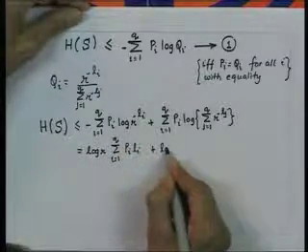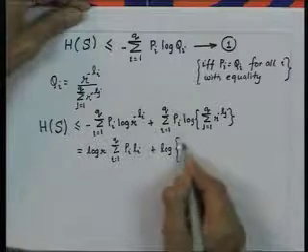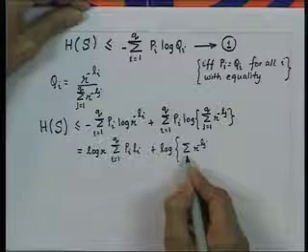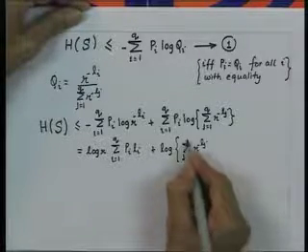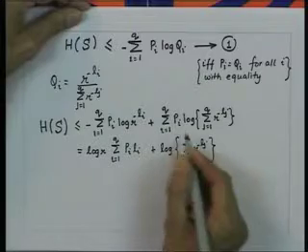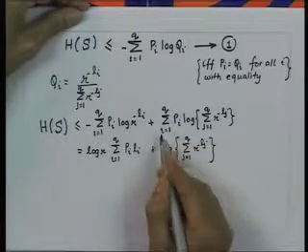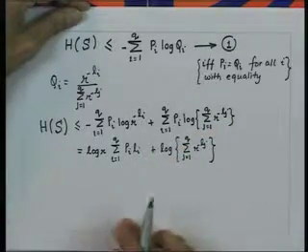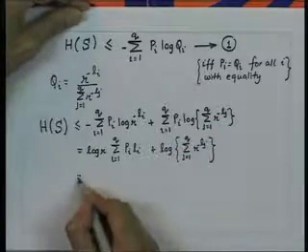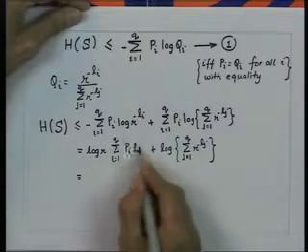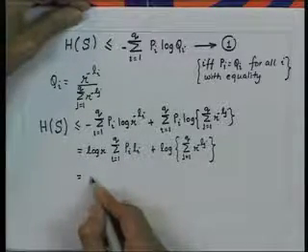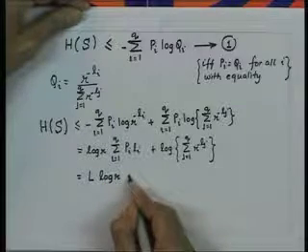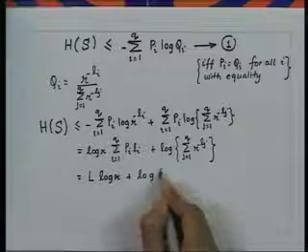Plus log of summation, because summation of p_i for i equal to 1 to q is equal to 1. Therefore, this expression reduces to this expression, and this by definition of the average length is L log r plus log of